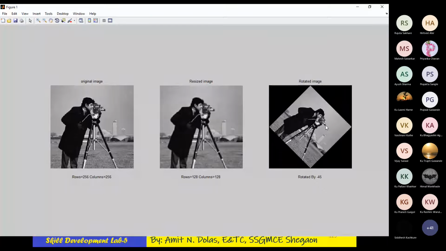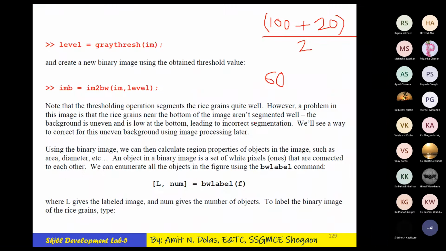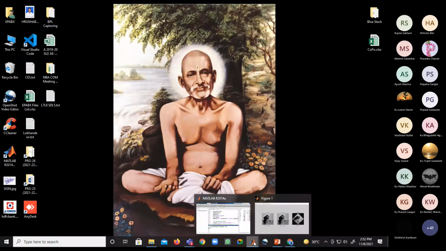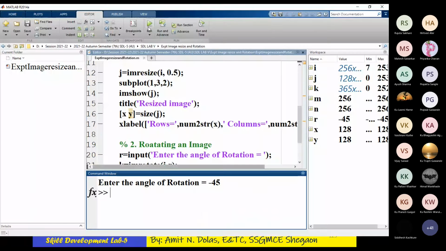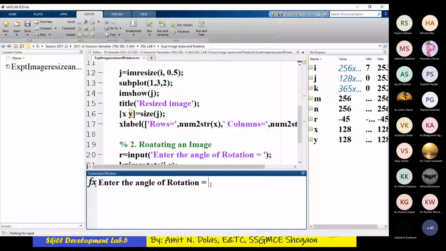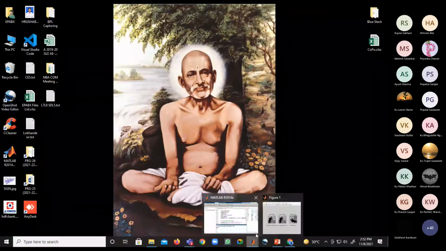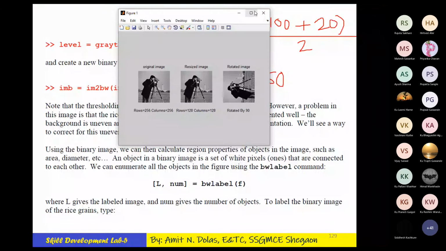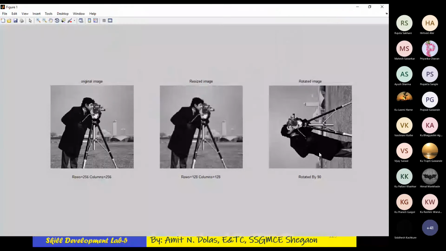Now it is a clockwise rotation with minus 45. You may use 90 degrees, you may use minus 90. Rerun the code. Give the 90 degree. We'll have a result. So this is the 90 degree rotation of the image.